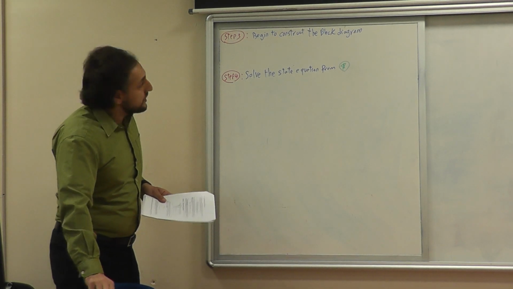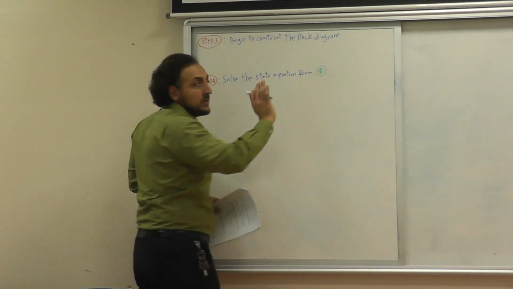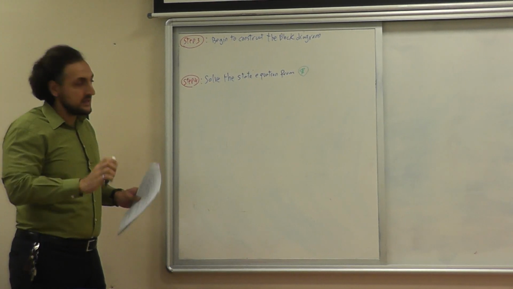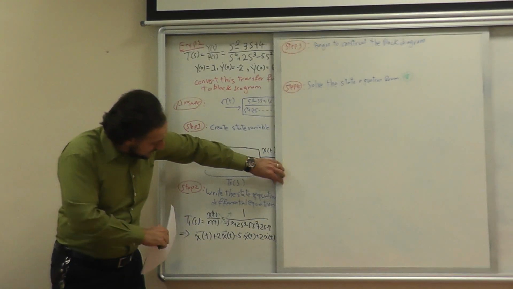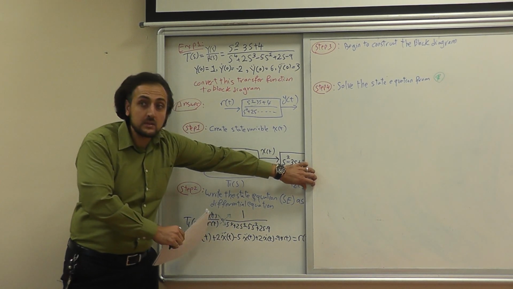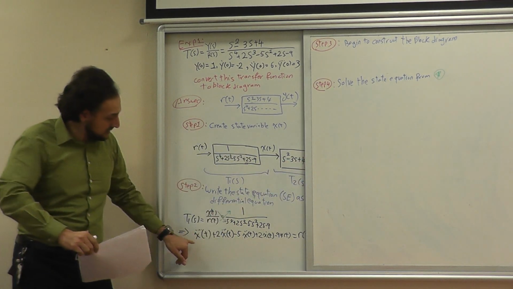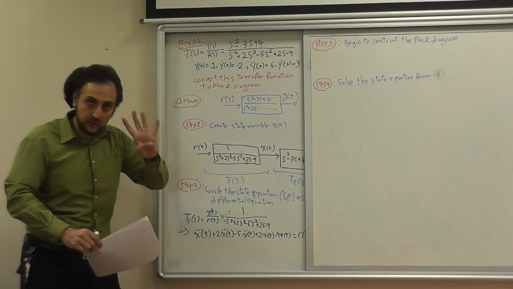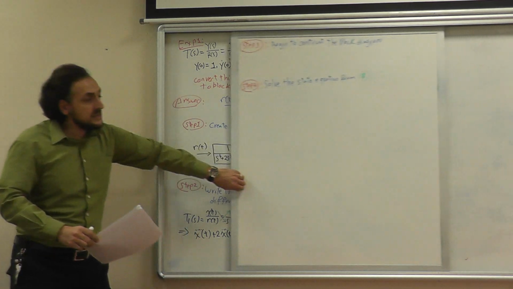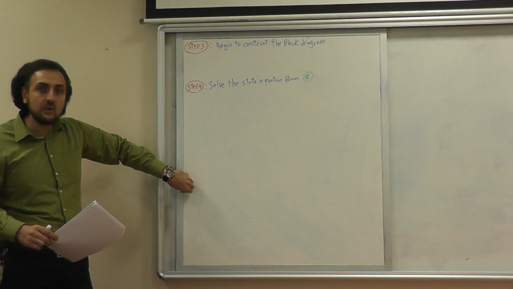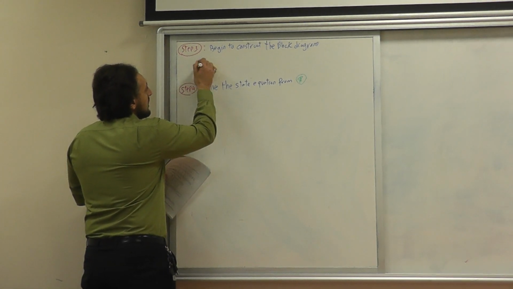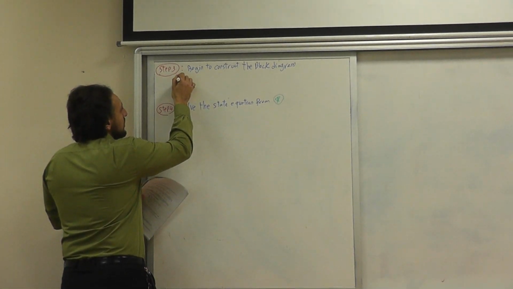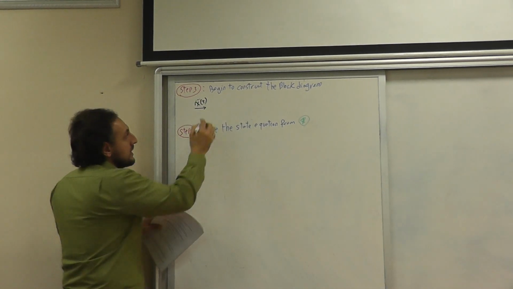So here we start to construct the block diagram. Okay? We start to construct it. Look, what is the highest order here of x? Highest order. Number 4. Okay. So it means we will have 4 block diagrams here. We will start with x 1, 2, 3, 4 t, then